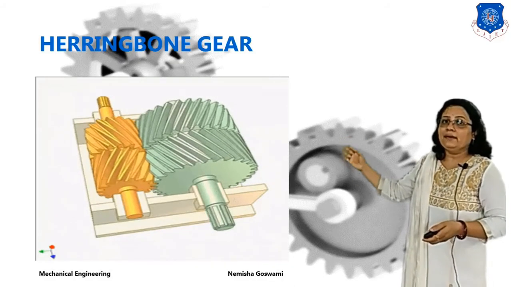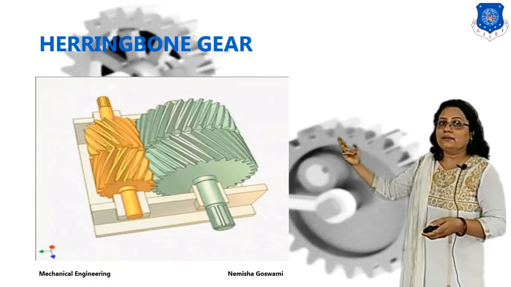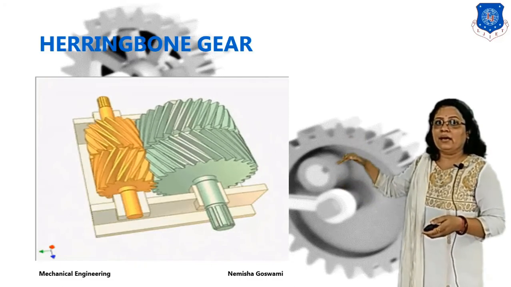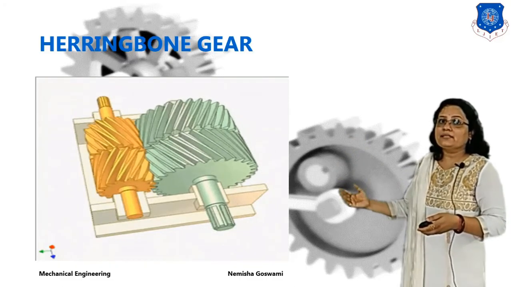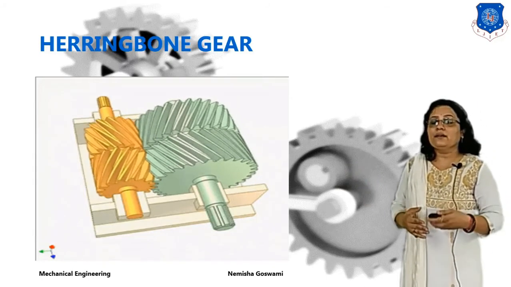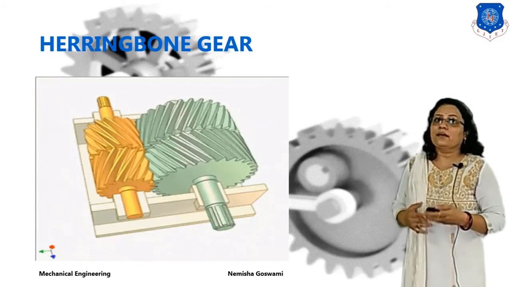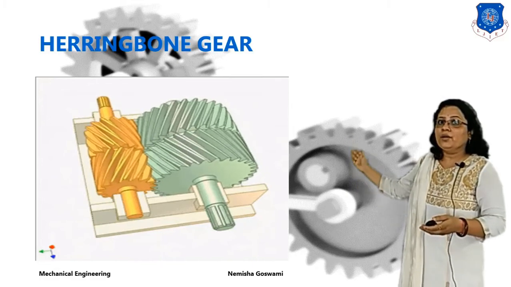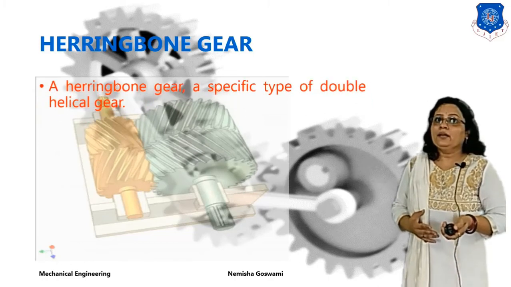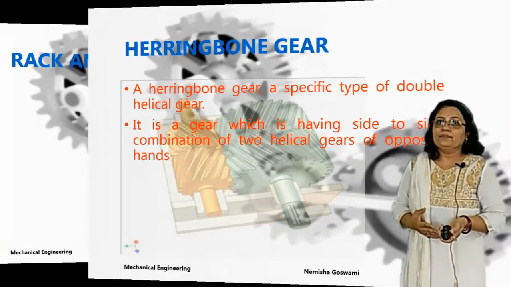You can see in this diagram, we are using a double helical gear. In one gear there are two helical gears, one having right-handed teeth and another having left-handed teeth. But the shaft axes, you can see here, are both parallel to each other. These are very quiet in operation and can cancel out the axial thrust produced at the contact point. So these are herringbone gears, the special type of double helical gear.